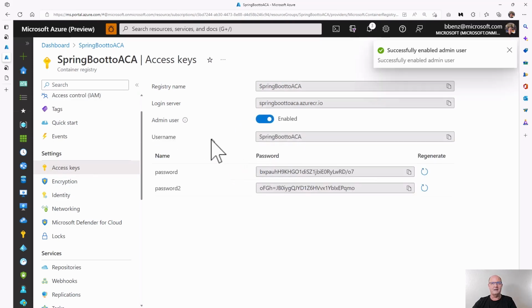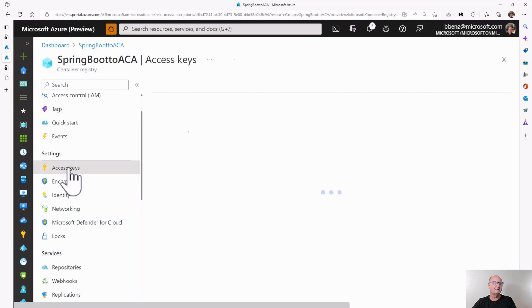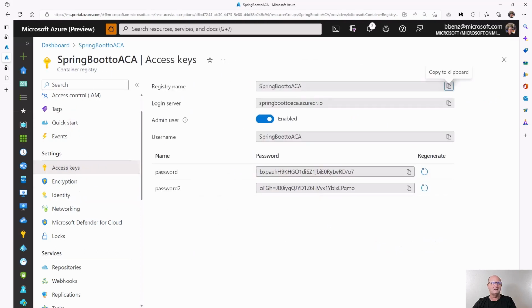When you enable that, it gives you a username and a password and a couple other things. And when you set this up, obviously, I'm going to have to regenerate this after I show them. But once you set this up, it's automatically there. So next time you go in, it's already set up.